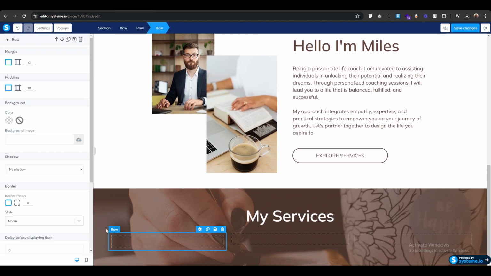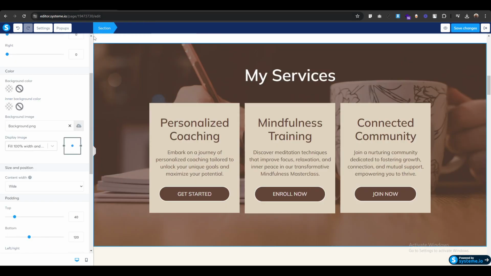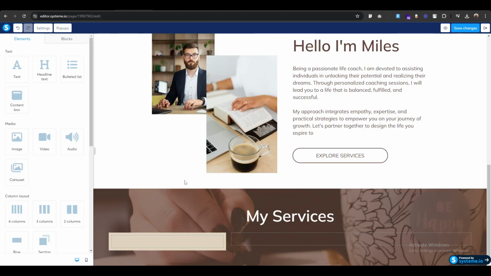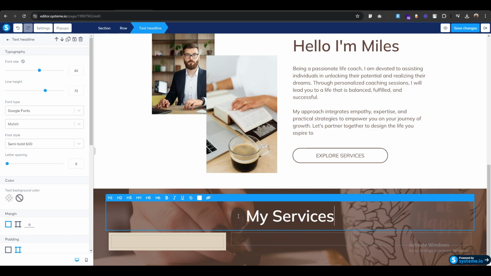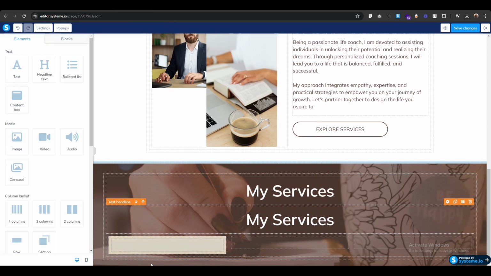Click on this row and change the color to this. I will click on this and click on this copy icon, drop it here,